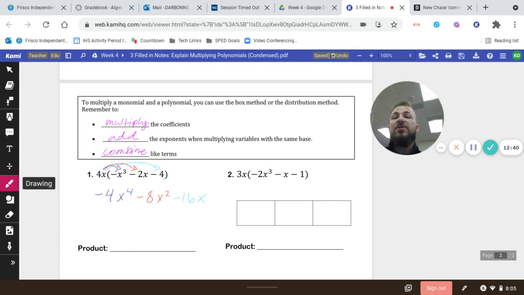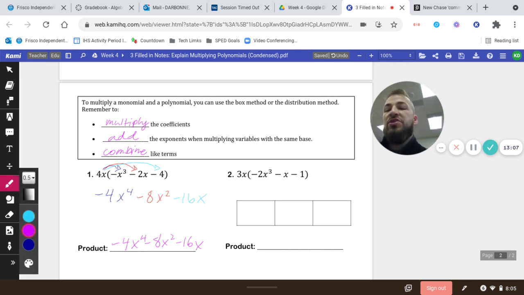And as our final answer, we always want to look for any like terms. So negative 4x to the 4th, nothing like that. Negative 8x squared, nothing like that. And negative 16x, nothing else like that. So we would just write that as our final answer. Negative 4x to the 4th minus 8x squared minus 16x. And that's it. Okay, let's look at number 2, but we're going to use the box method this time instead